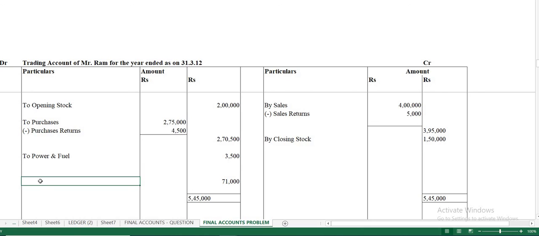So this amount is known as gross profit carried down. So this has to be written as the balancing figure. You can just give it as transferred to profit and loss account. Okay, so you have to transfer this amount to the profit and loss account. This is the balancing figure. Okay, so you can highlight this in your exam. You can highlight this and show.